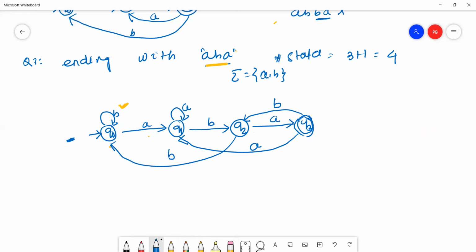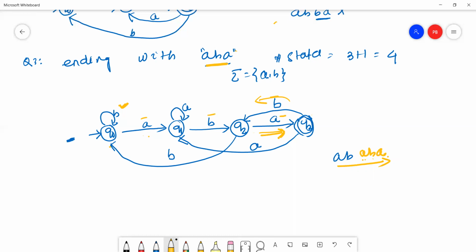Here the DFA will generate strings like A, B, A, B, then A, A, B, A, B, A, A, B, A, B, A. Here the string ends with A, B, A. So that's why B will go back to the Q2 state.